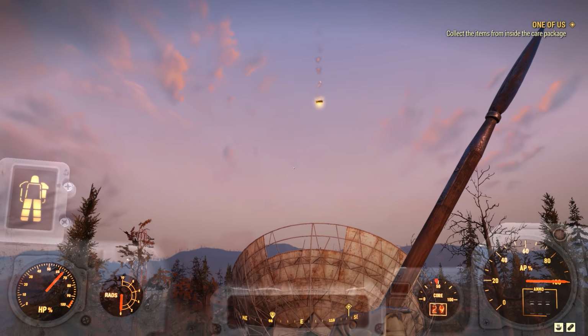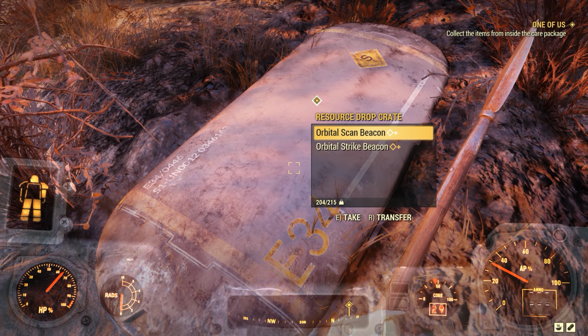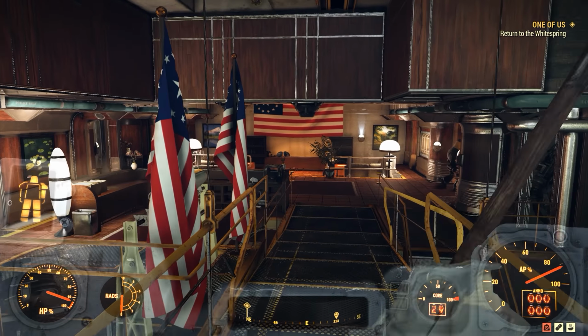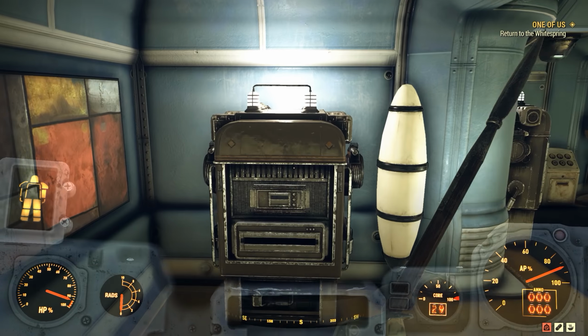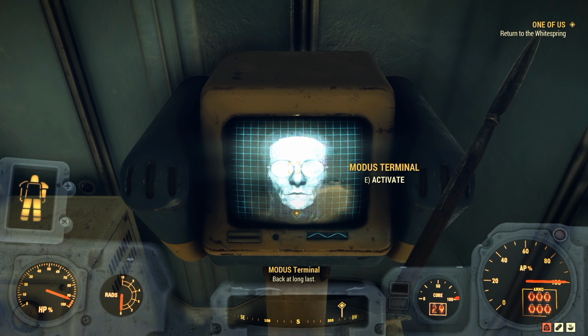They will give you a reward from orbit, and it is very, very cool to watch this little drop pod coming down, and it's got some nice goodies in there which you will want, including the ability to call in airstrikes from orbit, I believe. Once that is done, you can head back to the White Springs Resort and talk to Modus again, who will then inform you that you are now a member of the Enclave and you have access to various Enclave facilities,